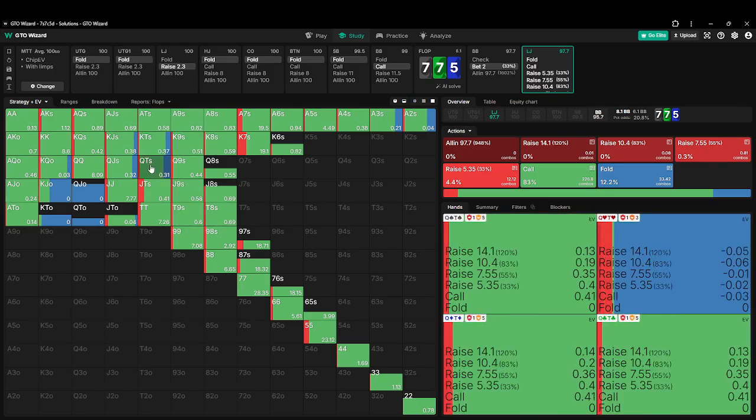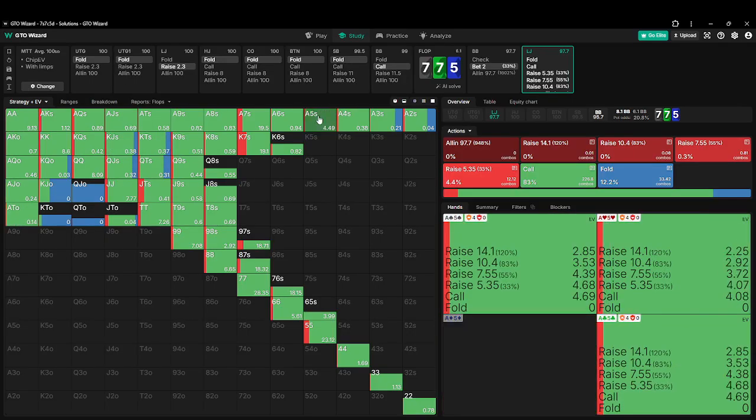If you don't have the backdoor flush draw, then some of these hands, like the ones weaker than king, queen, are folding. But all the A6 is obviously continuing because you've still got decent equity against a very, very wide donking range, which is going to have a lot of bluffs if they're balancing it correctly. But anyway, continuing on with